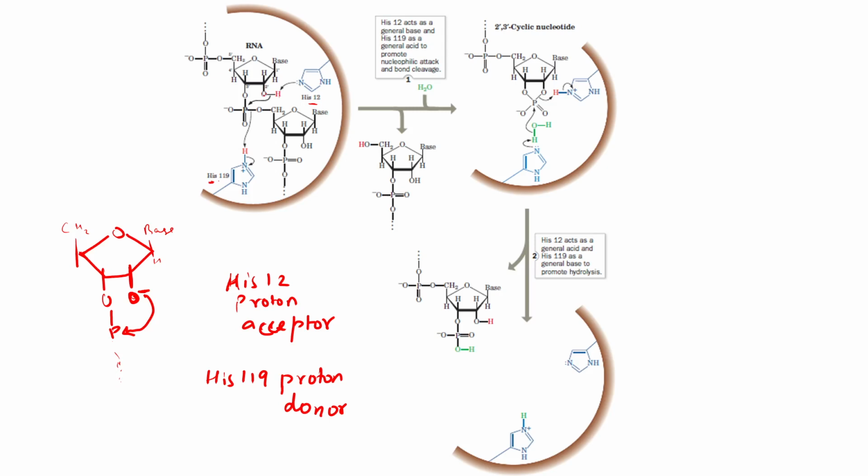After the proton abstraction, oxygen is there with a negative charge, so O minus. This O minus will attack the phosphate. Once the O minus attacks the phosphate, histidine 119 will donate its proton to this oxygen, and the bond will get cleaved here. Okay, and a cyclization reaction will happen. Since this oxygen has attacked this phosphate, oxygen will bond to the phosphate and a cyclic intermediate will form,